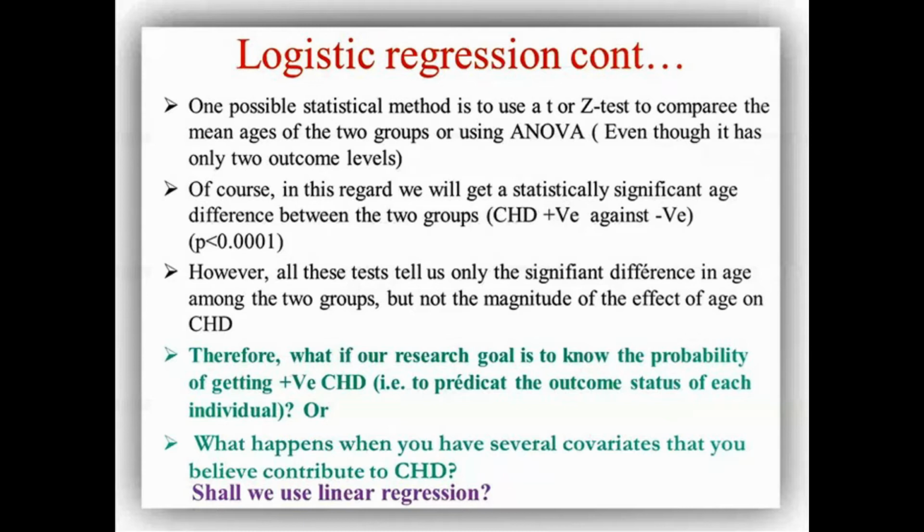Why in simple linear regression? As the name implies, it is simple: x and y. x and y can have a negative association, so in that case the correlation coefficient will be negative. They can have a positive association, in which case it will be positive, or they may not have any association, in that case it will be zero, right? So it ranges from -1